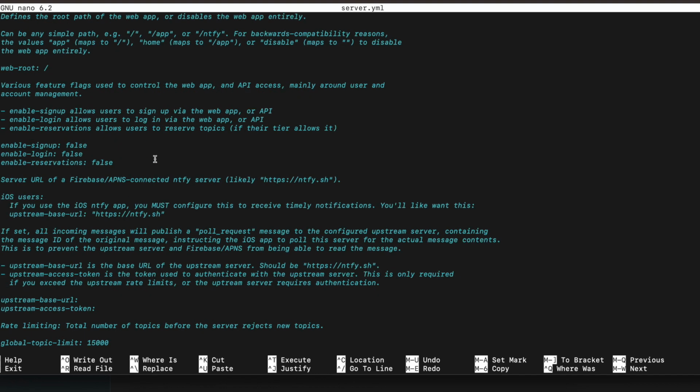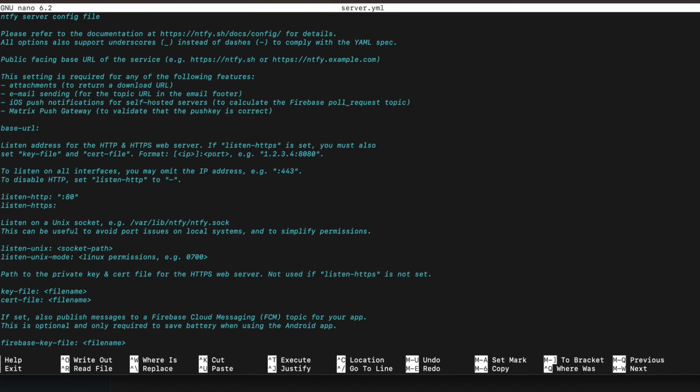Another thing we can do is enable users to sign up and create their own accounts using the web app or the web API. We can also enable login so users can log in using the web app as well. So now that we know some of the basic configurations we're going to set up today, we're going to close